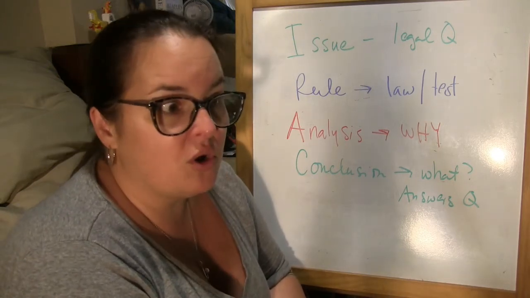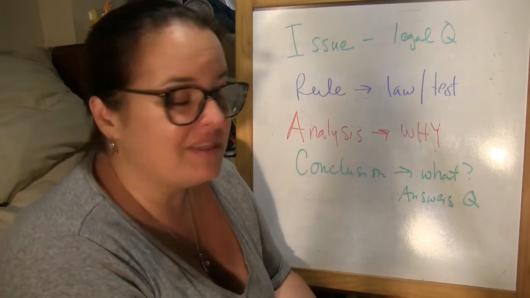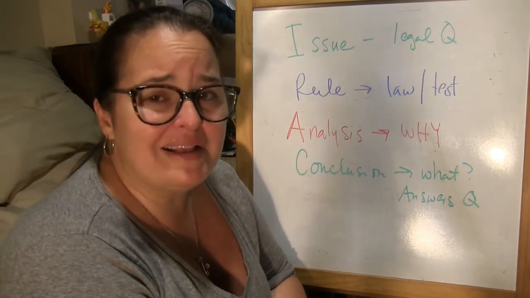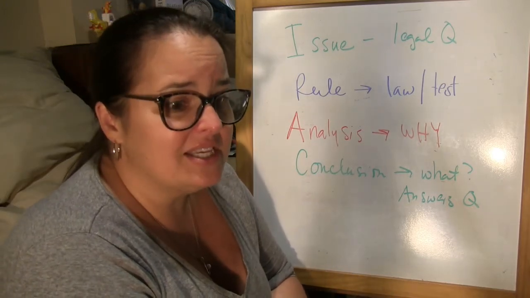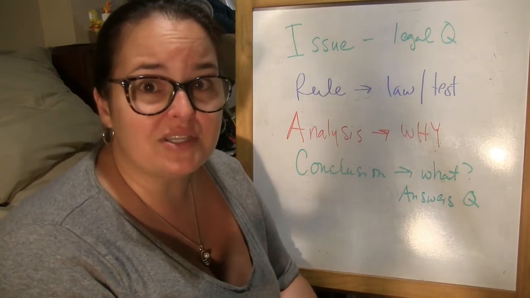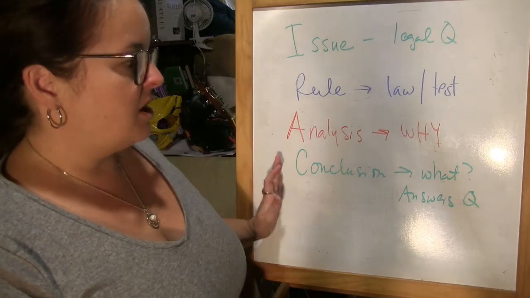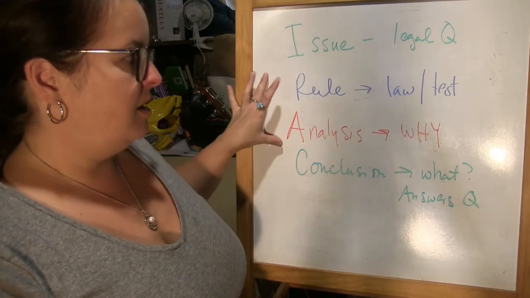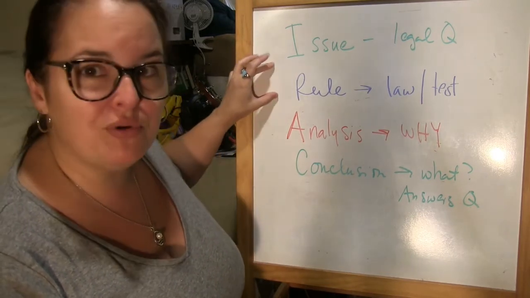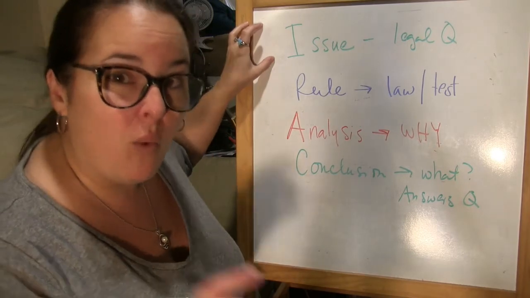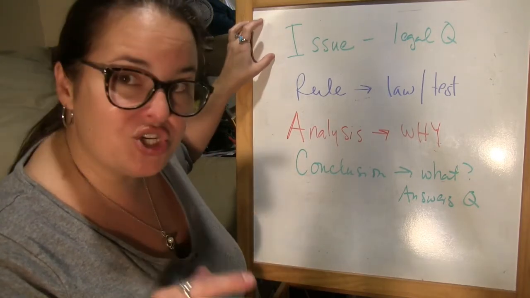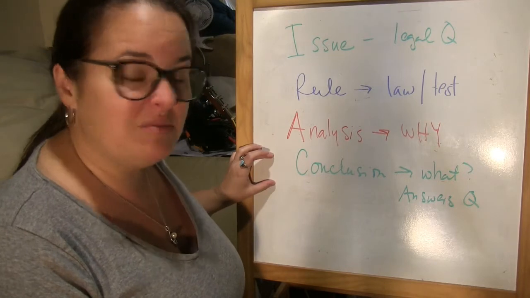And if you stick to the words of the court case, they're going to be there. The only way you could mess that up from a plagiarism standpoint is if you improperly cited something that was cited in the case. So don't worry about it. Issue, conclusion answers that question. The rule and the analysis, the rule is going to be pretty short. The issue is going to be a question, one for each issue. The conclusion is going to be really short.